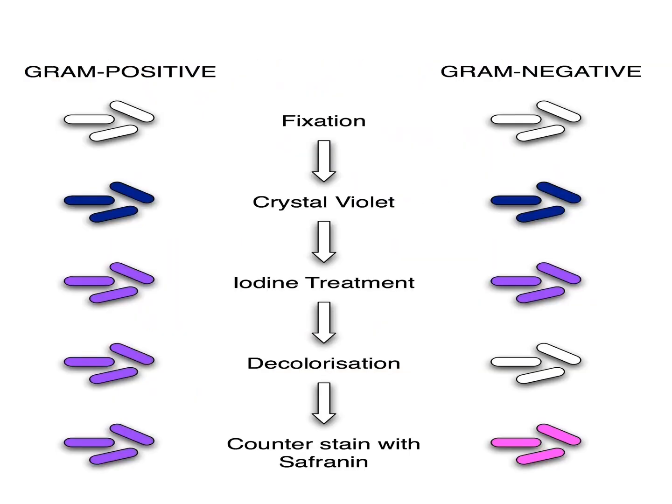First of all, fixation. In fixation, the primary stain, that is crystal violet, is used and all the bacteria are bluish or purple in color. Then iodine treatment is done and all of them are still purple in color. All the bacterial strains are in purple color. Then decolorization reagents such as alcohol or ethanol are added. Then the gram negative bacteria are colorless and gram positive bacteria are purple in color. Counterstain, that is safranin or fuchsin, is added. The purple color remains in gram positive bacteria while a pink color occurs in gram negative bacteria.